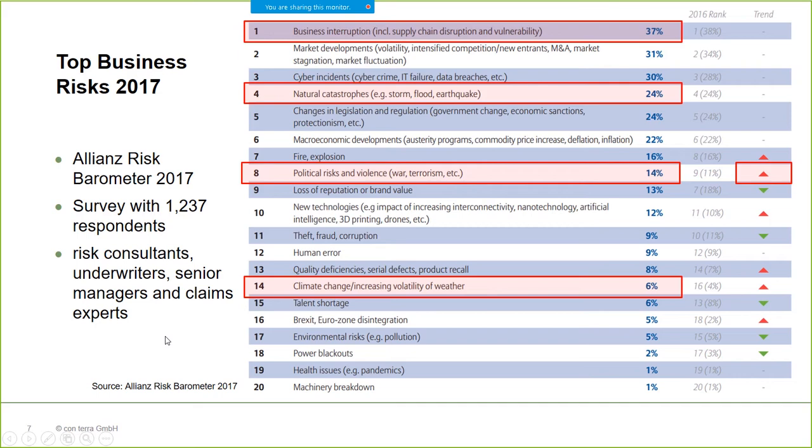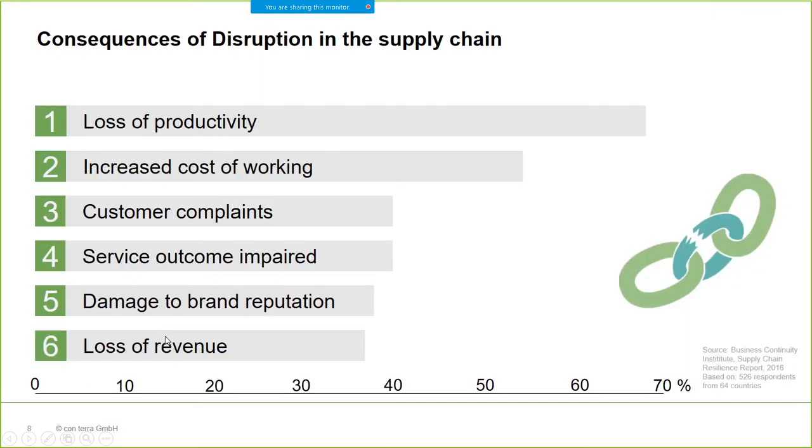And when we now switch over to what happens if a supply chain breaks down, so what consequences a disruption has for a supply chain, then what we all would expect is that the loss of productivity is the most known in a second study. This study was made by the Business Continuity Institute in the last year. And also we see that more than 50% said we have got an increased cost of working. But then